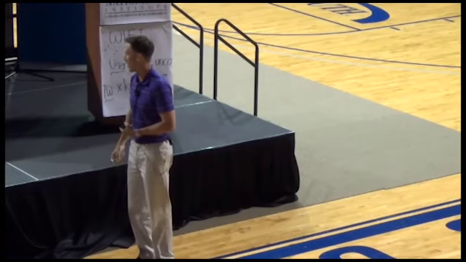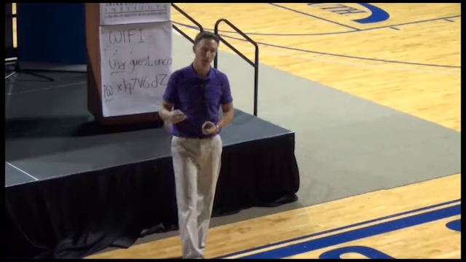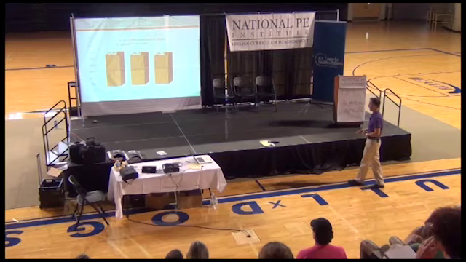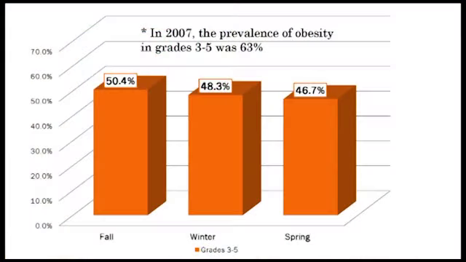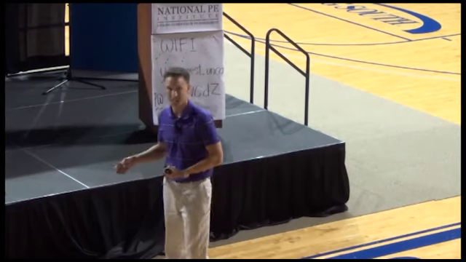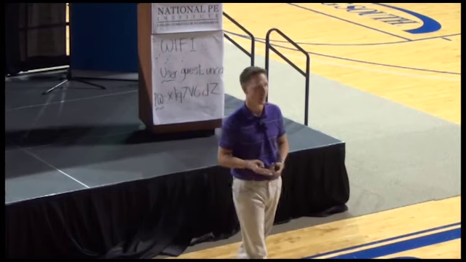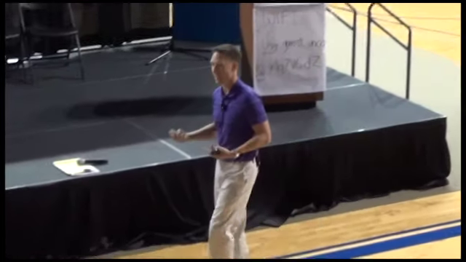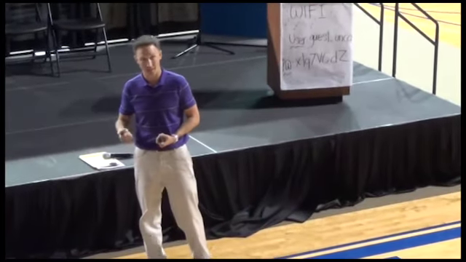So what happens is that translates into a lower prevalence of students that were overweight or obese. That first year, 2007, when we were just observing, 63% of the students were overweight or obese, a huge number. By the end of the 2010 to 2011 school year, it was just below 47%, which, all you math people out there can see, is an average of about 4% decline in overweight or obesity each year over the course of 4 years.